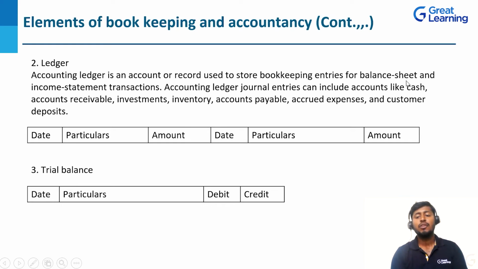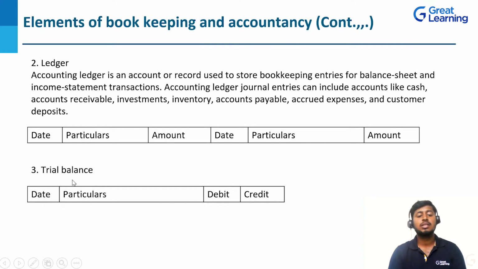For example, cash: all your cash inflows to the organization, we are going to maintain at the debit side, and all your cash outflows, we are going to record at the credit side. For example, inflows: if you made sales, what are you going to receive? We are going to receive cash, correct? Any interest received, commission received, that we are going to record on the debit side. When it comes to the credit side, for example, plant and machinery purchased, at that time we need to pay cash. Goods purchased, rent paid, electricity paid, all those things will come in the credit side. So that is the ledger account.